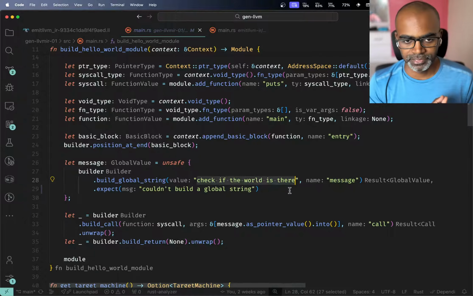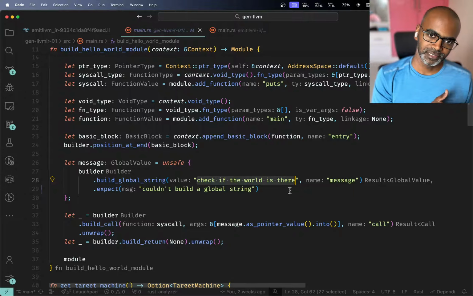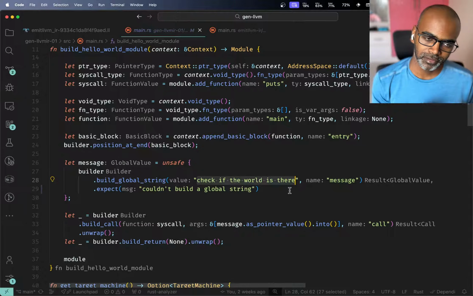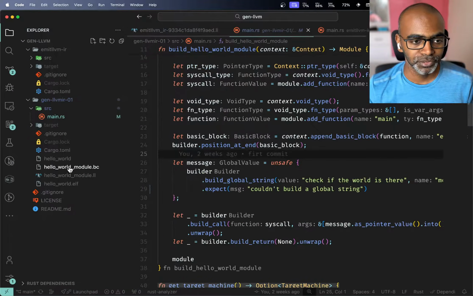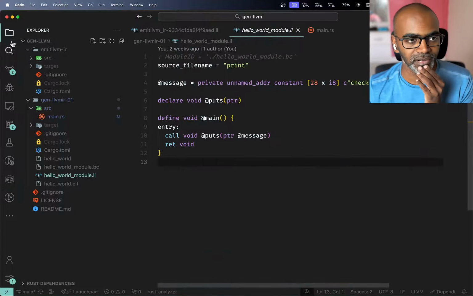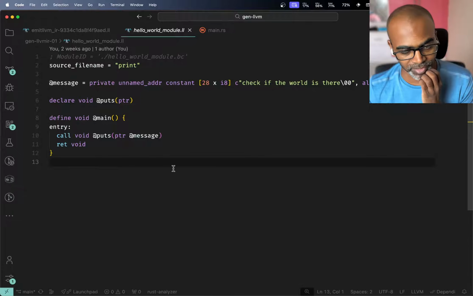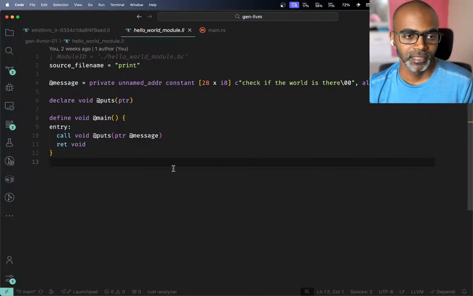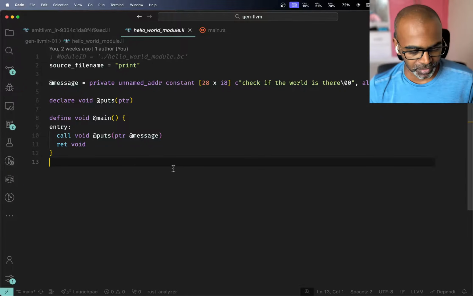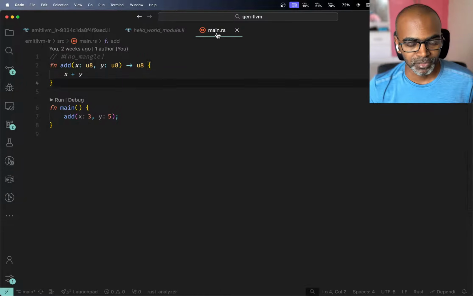So the reason I wanted to do this is because it's easier to sort of explain LLVM IR this way and show you what it actually produces. So what does it actually produce? I've got an LLVM extension installed for my VS Code instance, so that's why you're able to read this so clearly. So what's happening over here, if you actually go back to main and look at this,